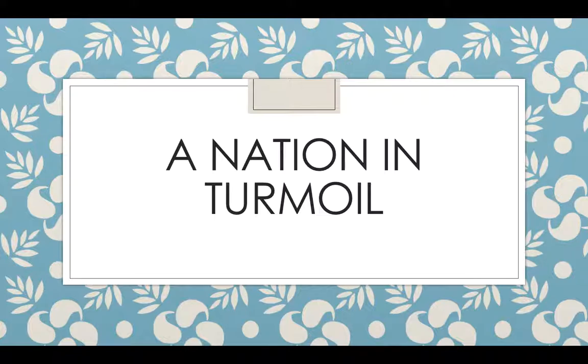Now, before we begin, please refer to some of the discussions that we've had about this time period when our nation was in turmoil. We last left off talking about the Compromise of 1850 and how it was yet again another attempt by Congress to appease both the North and the South on this issue of slavery, and whether or not to expand slavery into new territories, and whether or not to protect slavery in the states in which it already existed. One of the provisions of the Compromise of 1850, the Fugitive Slave Act, was intended to appease the southern states on this issue of slavery. But as we will see, it probably added to some of the mounting tensions between the North and the South.